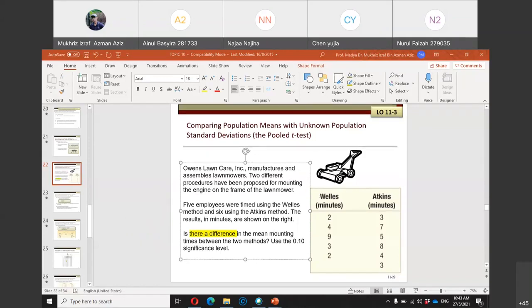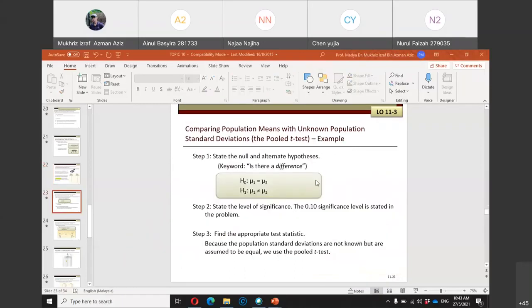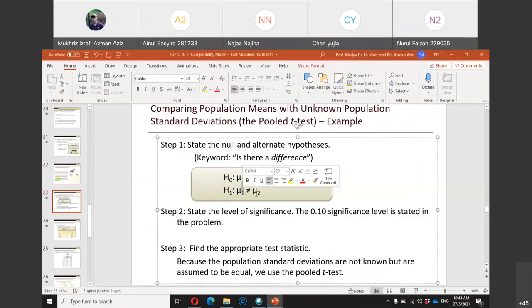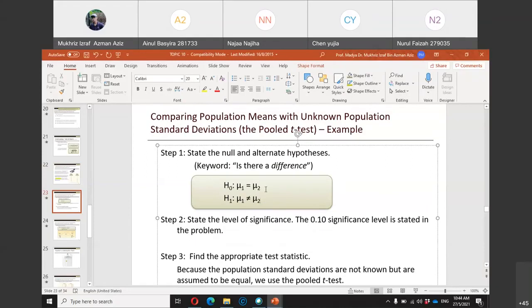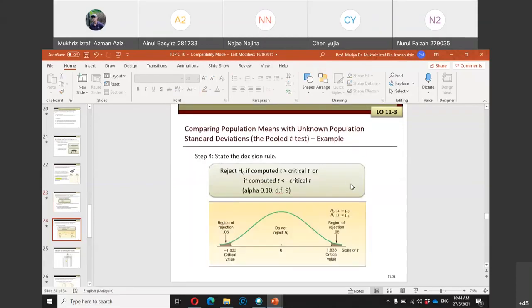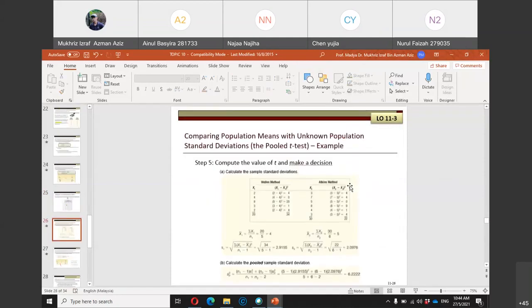So in this example, if you look at the slide, they only use the subscript 1 and 2. But I think one of the weaknesses of how they design the H1 and your H0 is that you do not know what is 1 and 2. So in your case, if you were to answer something like this, you need to use the appropriate subscript as what you saw in the previous example on the Z testing, on the standard scan and also the U scan. So instead of using just 1 and 2, you can use the symbol